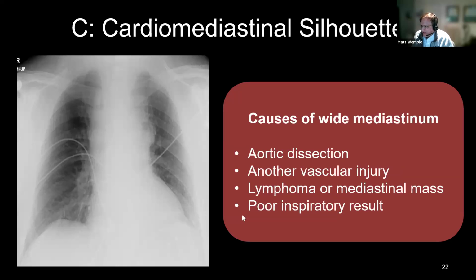But there's other things, right, besides aortic dissection, like lymphoma, mediastinal mass. Actually, patients who are taking a deep breath can make this kind of mediastinum look wider as well. So if a patient doesn't take a deep breath,